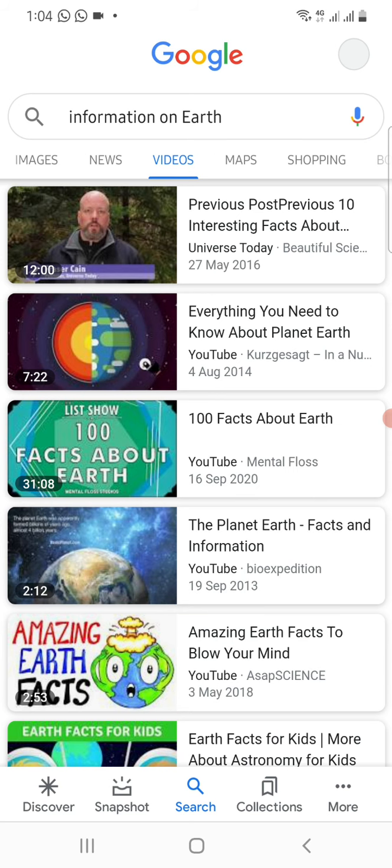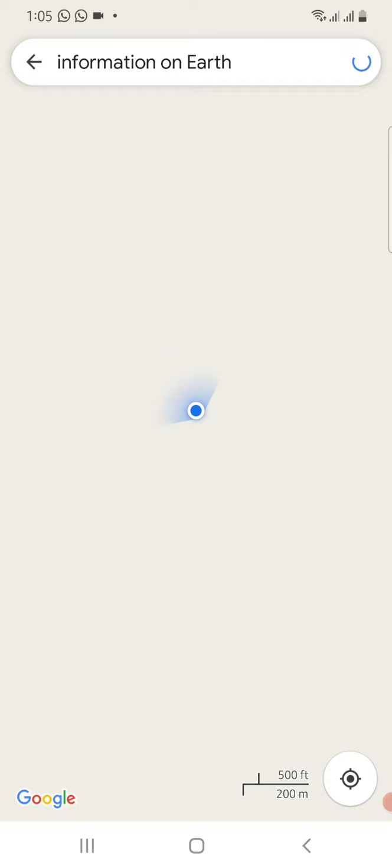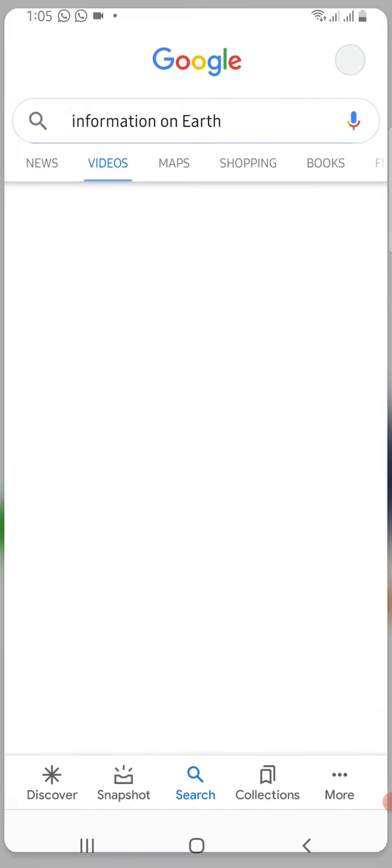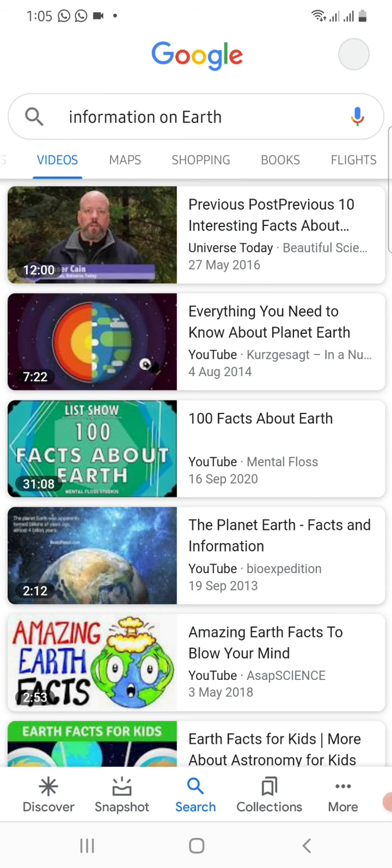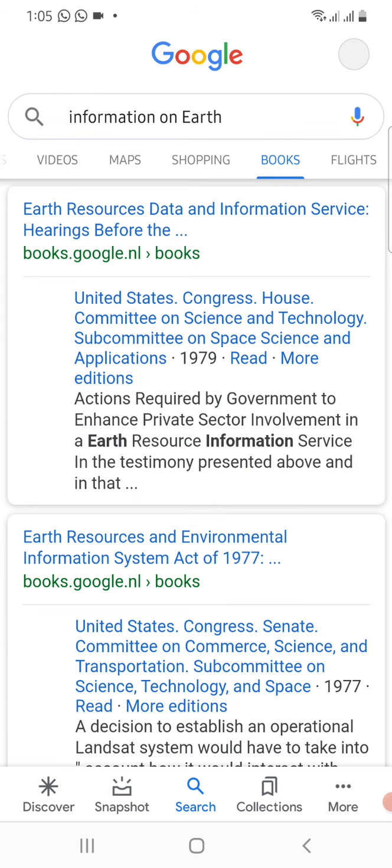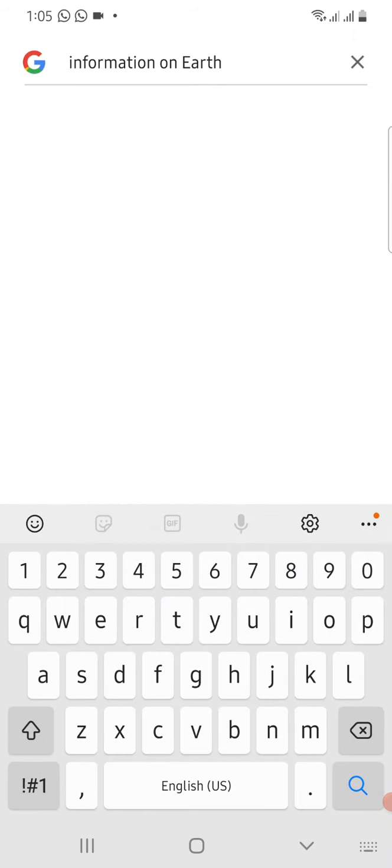All these options are there which you can see, and you can explore further. Maps: when you click on Maps, it will open Google Maps by itself, and you can get more information on that. I'll go back. So you get everything, Books. All these options are provided by Google when you type a simple search.